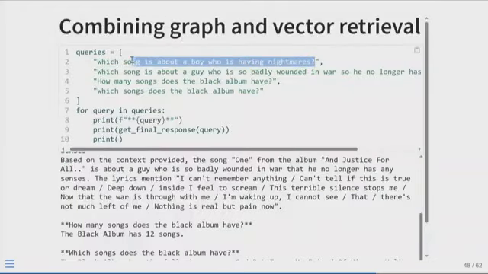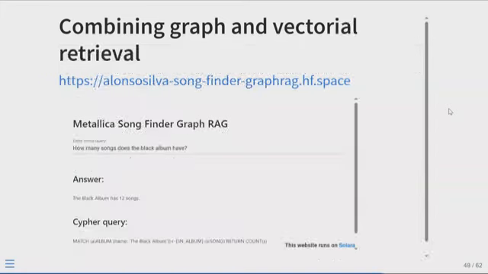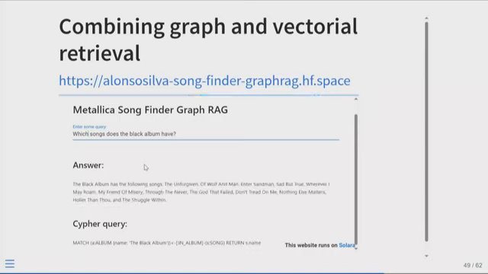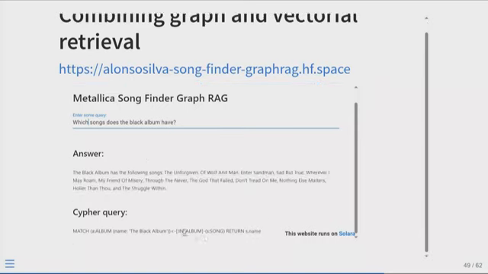and if you look here, this just classifies. So in this case, it already has one question, which is how many songs does the album have? And I could ask the same, which songs. It will provide a Cypher query. And this is the Cypher query generated, and here is the answer. And I could